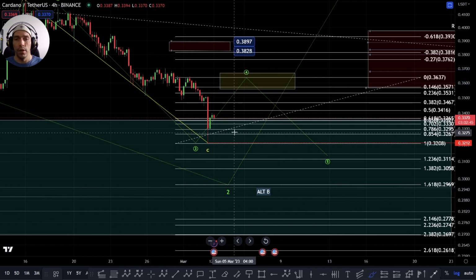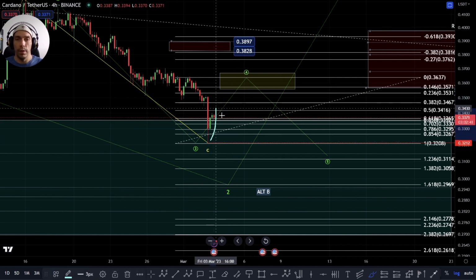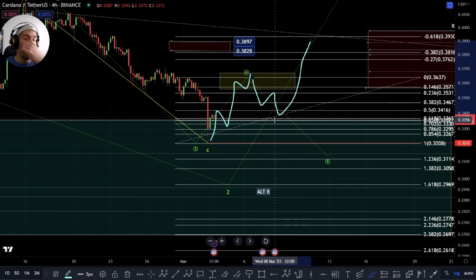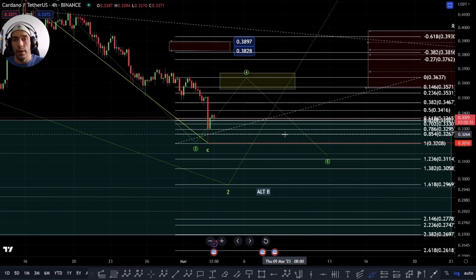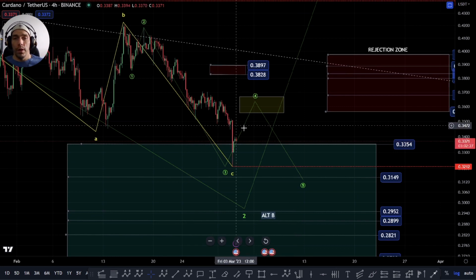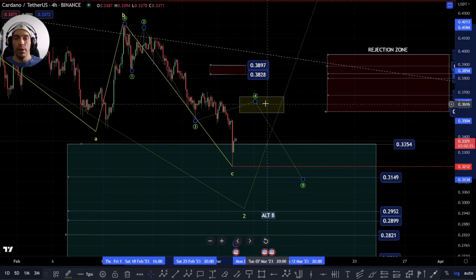If we got anything else, if this wasn't a three-wave structure here, and rather we had this play out as a 1, 2, 3, 4, 5 up into here, we could still get that rejection down at this point, but then we find support and then look to push up. So that's what we're going to have to be a little bit cautious of within this move here. For the most part, I am looking at it potentially as completed.